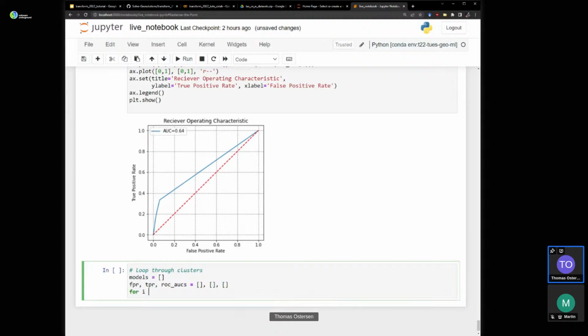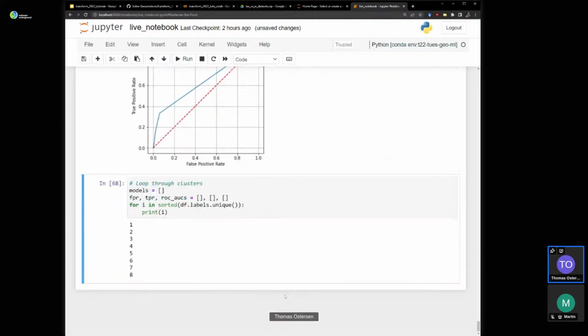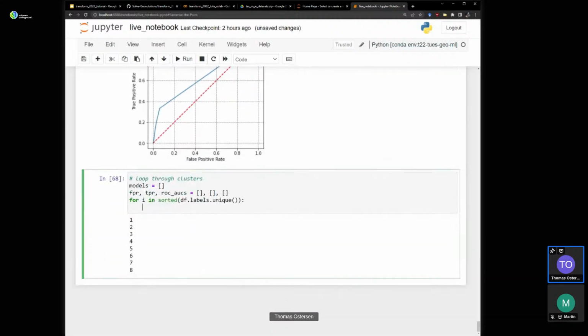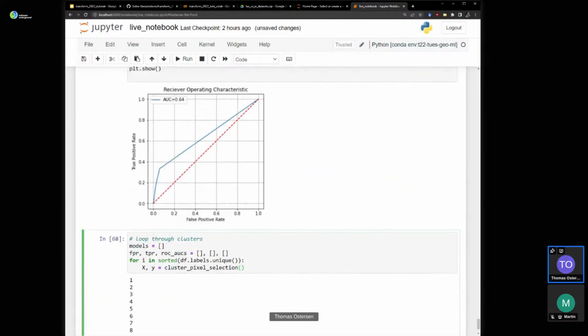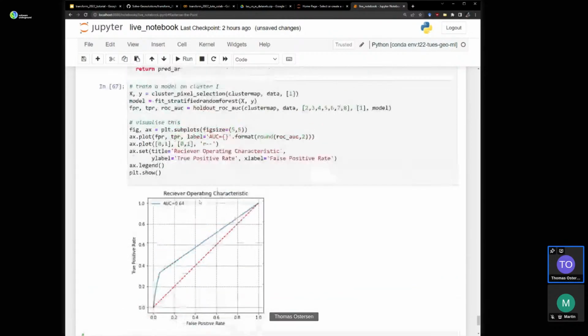For i in dataframe labels unique. Again, let's sort that. Let's just print that to make sure it's working. Yep. We'll select the data. Cluster pixel selection. Our function is slightly different here.